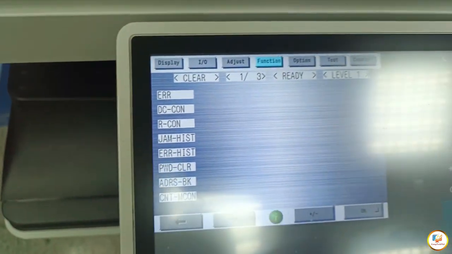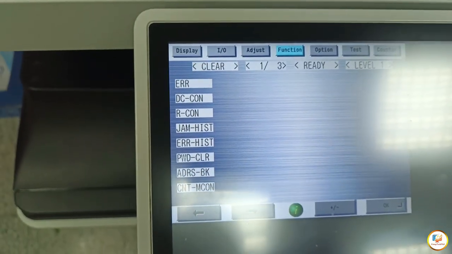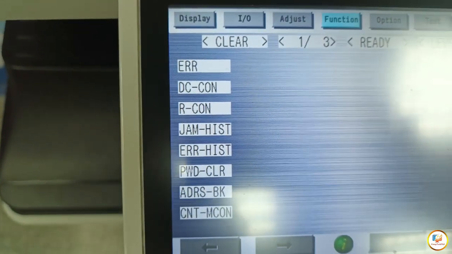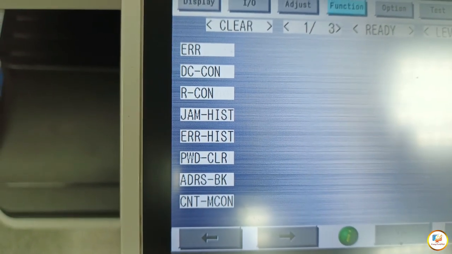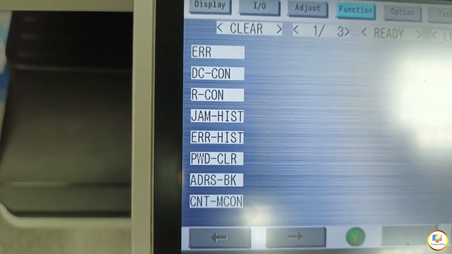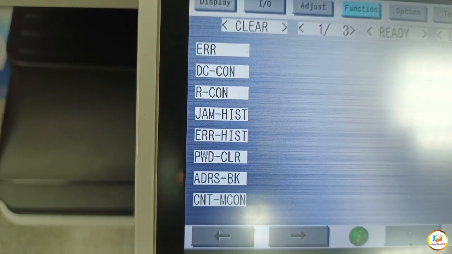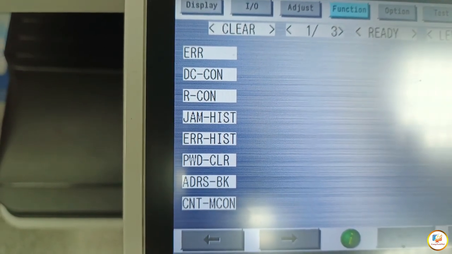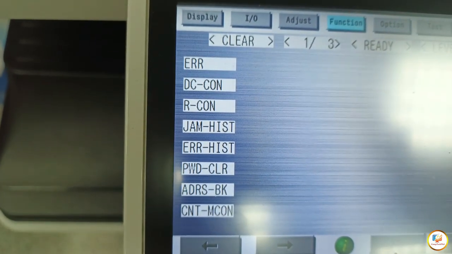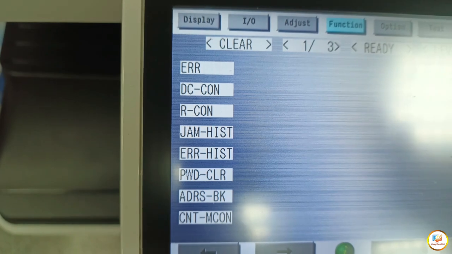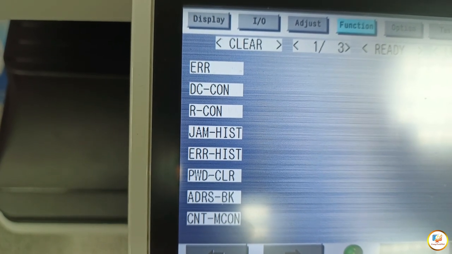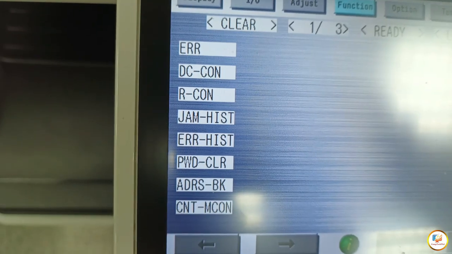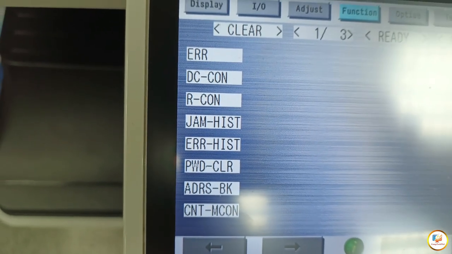After that, we can see there's an option here, ERR. Then we also have WPWD-CLR, which means password clear. There are so many options here: jump hash, rcon, dcon, ARR hash, WDS, KRS, EDRS, BK, CNT, mcon.